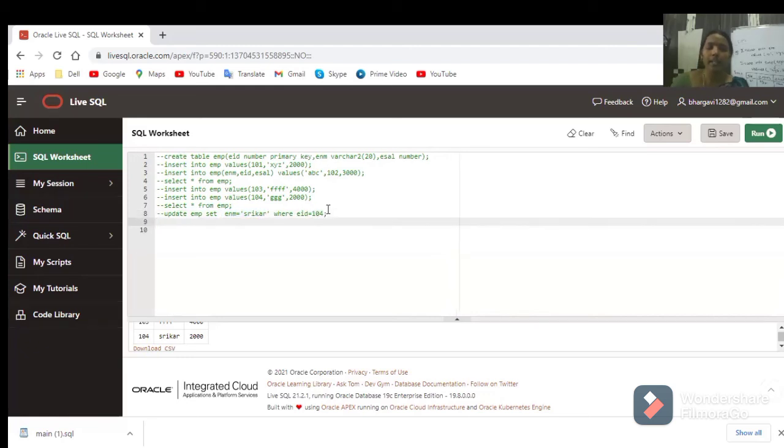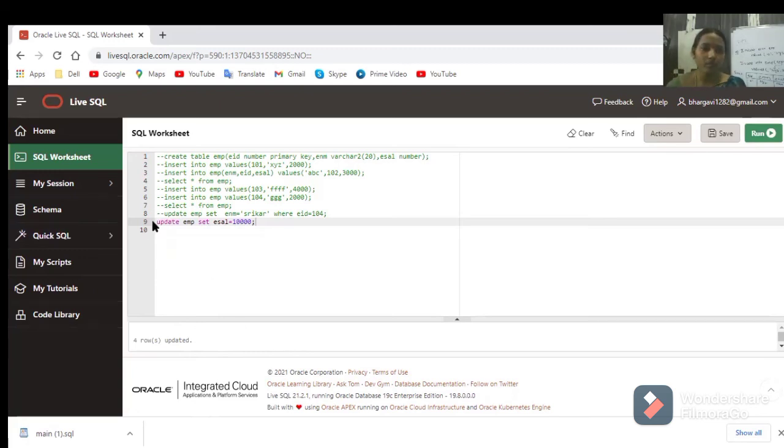Now, I am writing the update statement without where. What will happen? Just observe. UPDATE employee table SET employee salary. Now I want to modify the employee salary of all as 10,000. I am not specifying where. Now put the semicolon, say run. So how many rows are updated here? See, 4 rows are updated. If you write a where condition, 1 row is updated. If I am not writing the where condition, 4 rows are updated. That means where specifies whether you want to update a single row or all the rows in the table.